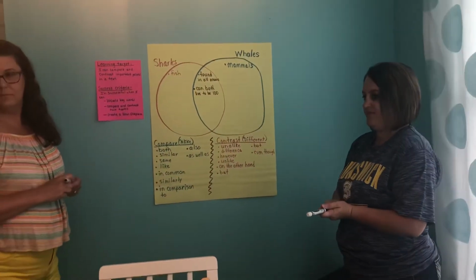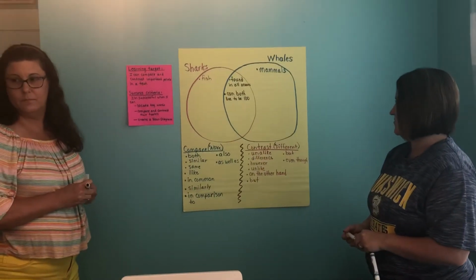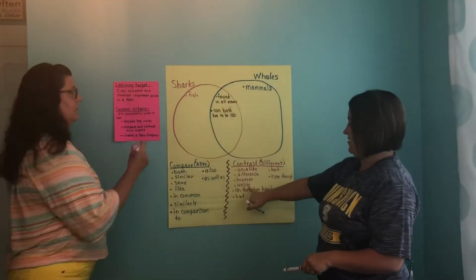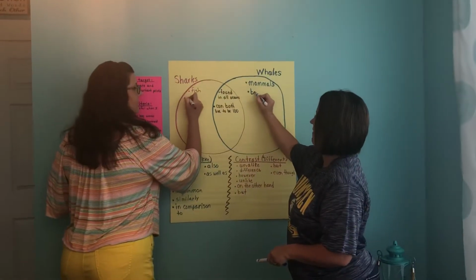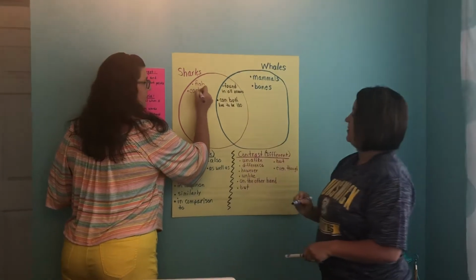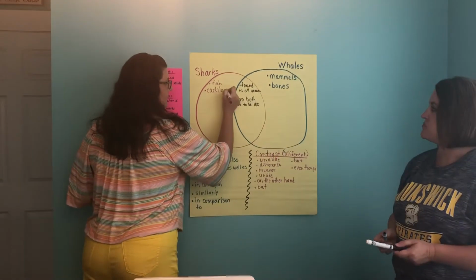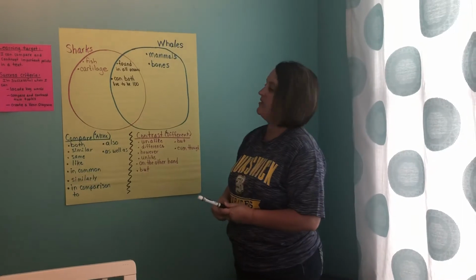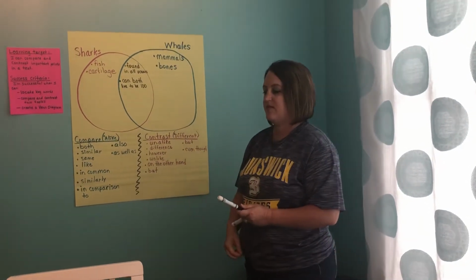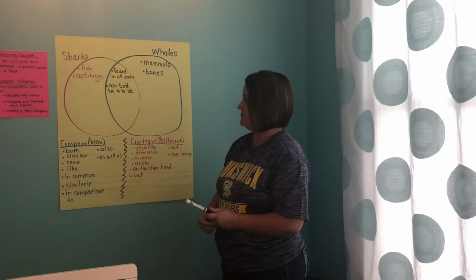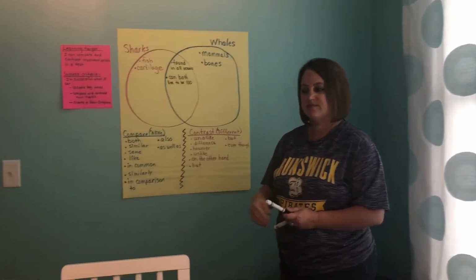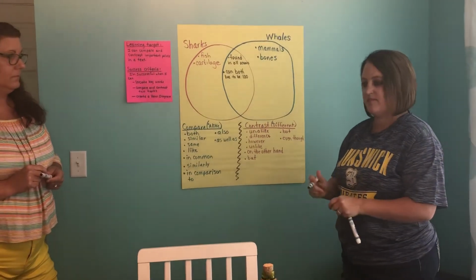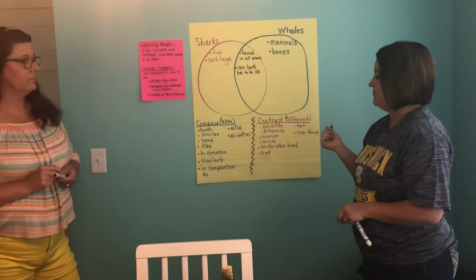Another way they're different is whales have bones, which is unlike sharks that have only cartilage. So bones. All right, what else? Both whales and sharks hunt for food, but there are two different classifications. There are filter feeders, which is something they have in common. And there's also a